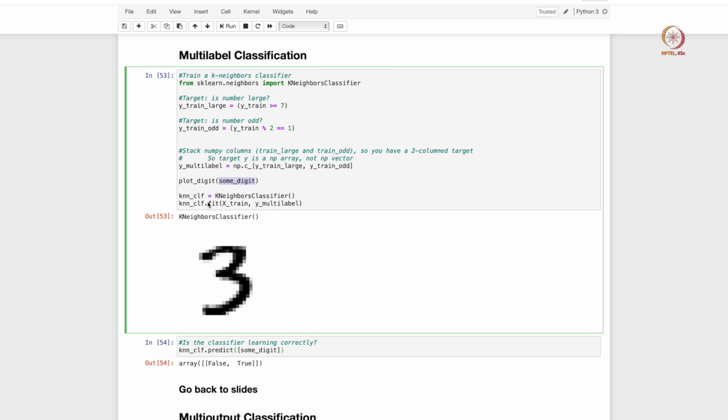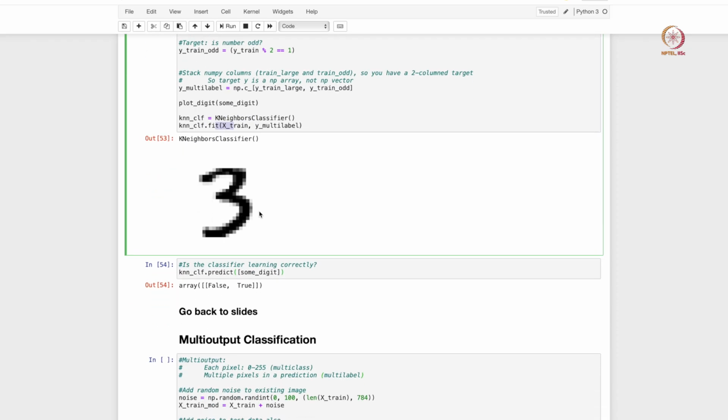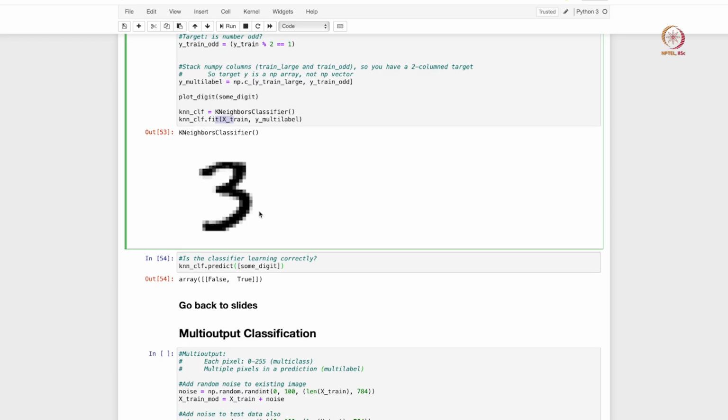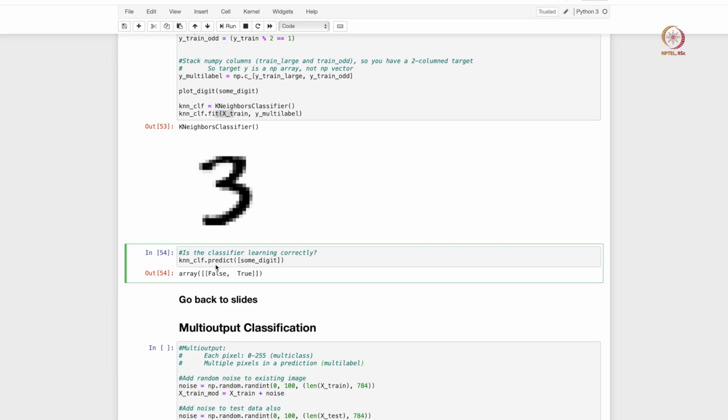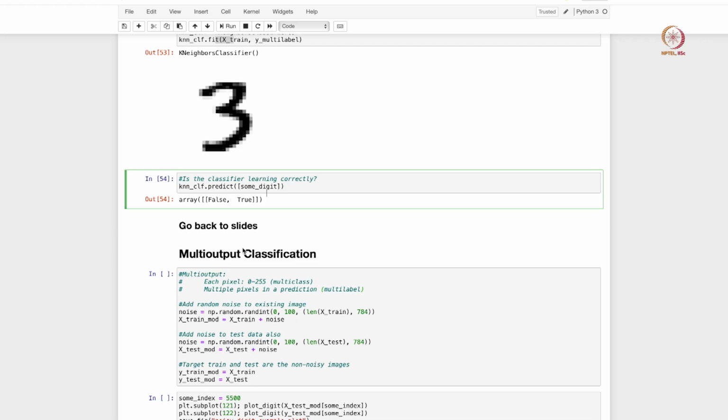We create an instance of the model and then we fit our model. Fitting is again the same x comma y syntax, and then we make a prediction on that digit. It looks like the model is predicting this to be not a large integer, which is correct, and an odd integer, which is also correct. So the multi-label classification seems to work fine.